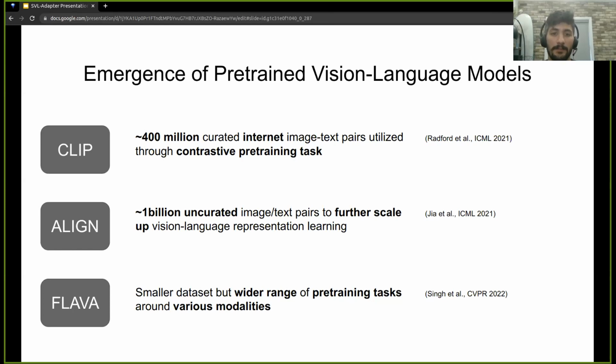So yeah, one of them is CLIP, as you probably know. Indicatively, CLIP exploits 400 million curated image text pairs retrieved from the web and forms a contrastive task between the corresponding visual and text embeddings. And in a similar approach named ALIGN, the authors constructed a quite similar task, contrastive as well, but they used an uncurated dataset instead, which